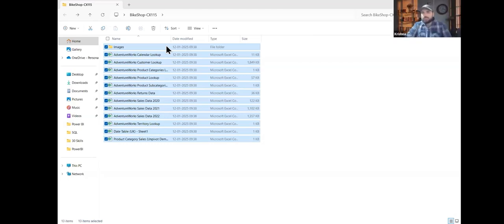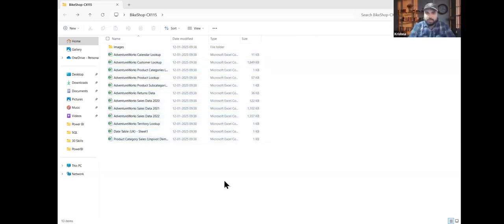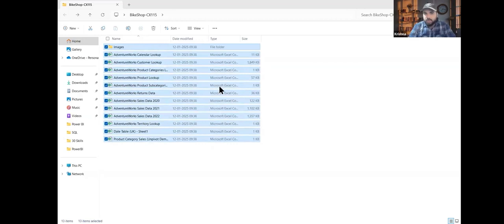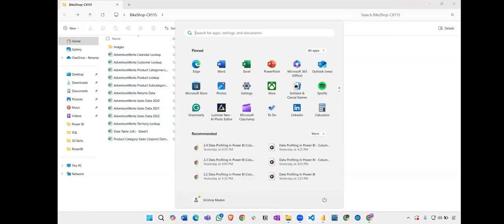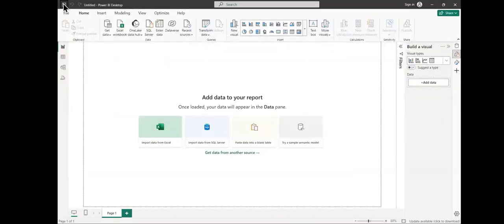You need to change the path from the system as well. Like in the Power BI, when you're loading it up, you have this path. When your system is getting changed, you will have an option from a source file. I'll show you. Okay. You can have the updation going on.